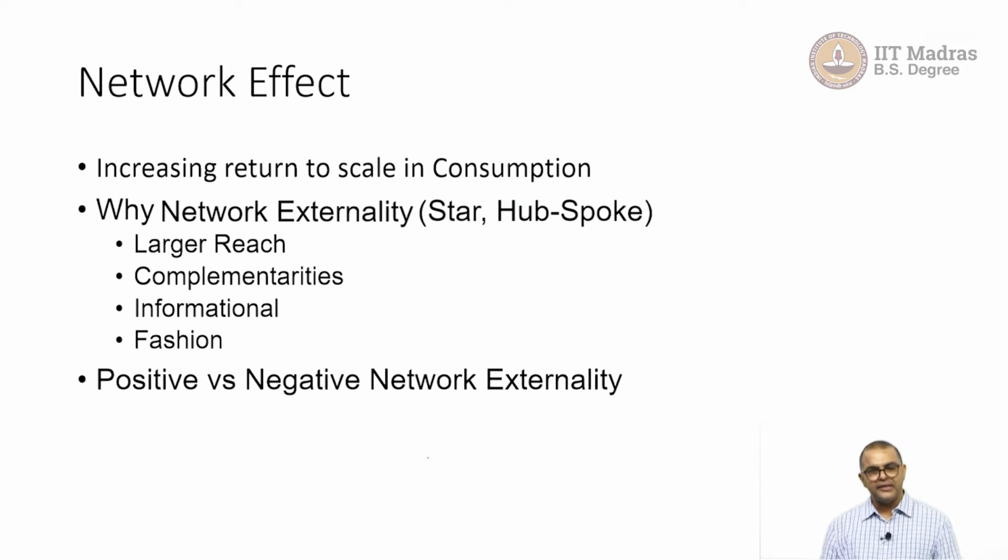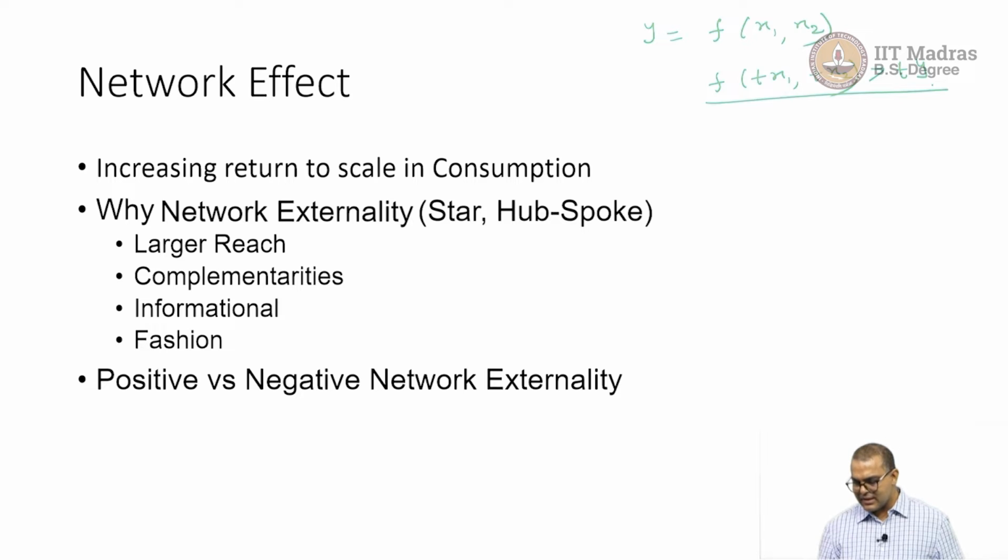Let us understand network effect. We have been calling it network externality also. A similar theme on the production side we called increasing return to scale. Just to remind you, what is increasing return to scale? Let us say you have two factors of production. The amount of the first factor is x1 and the amount of the second factor is x2, and if you increase both factors by a scale of t, what you get is more than a t-fold increase in output. This is what increasing return to scale is.